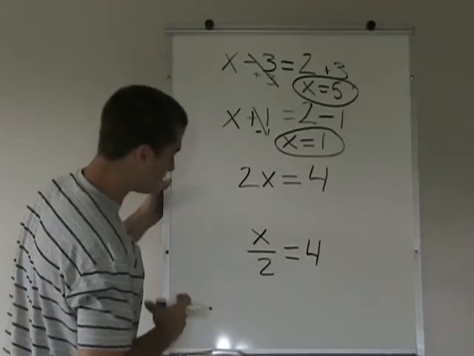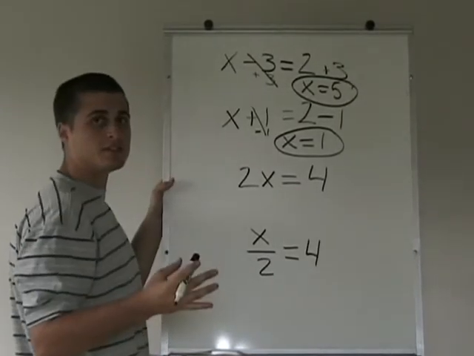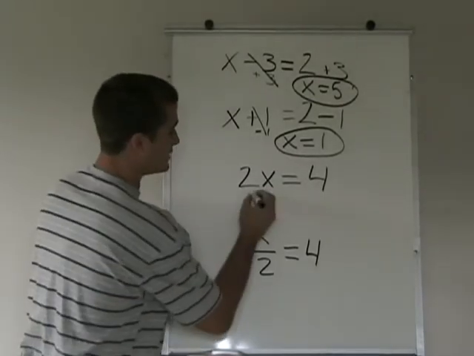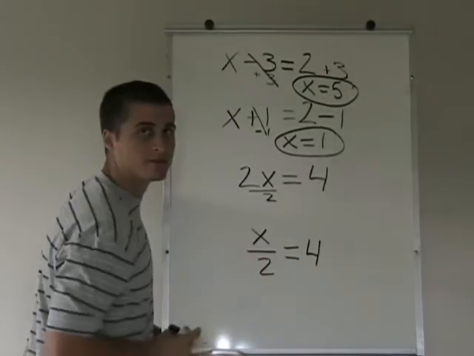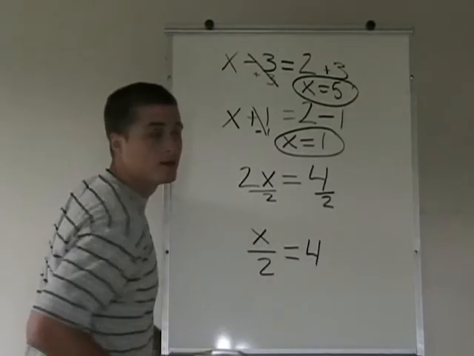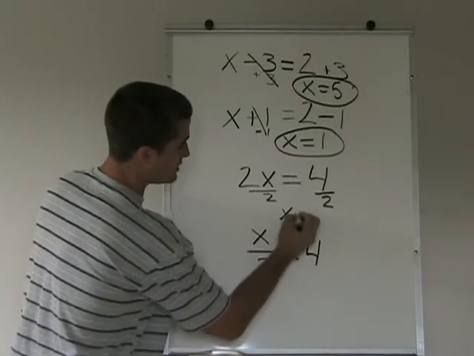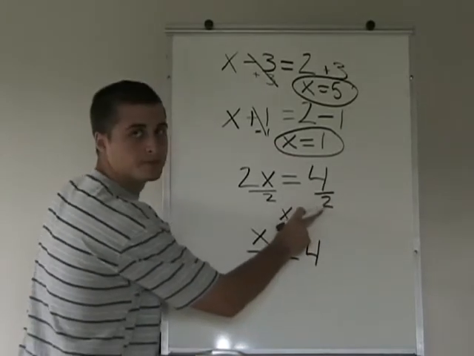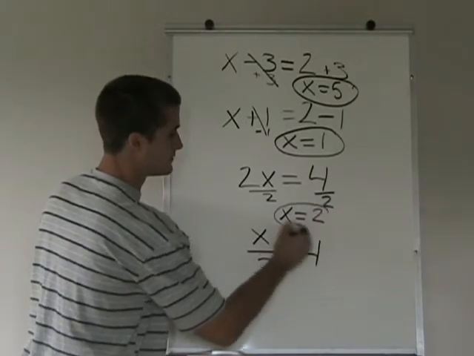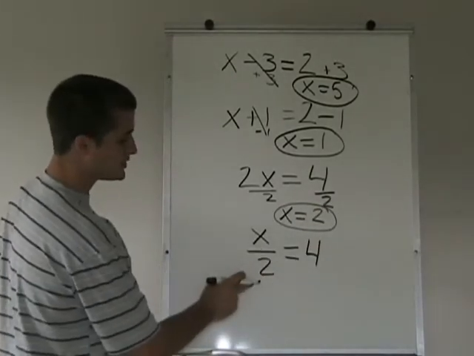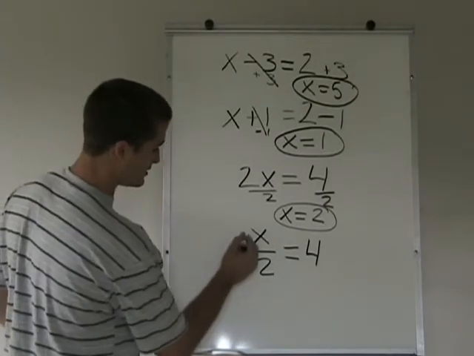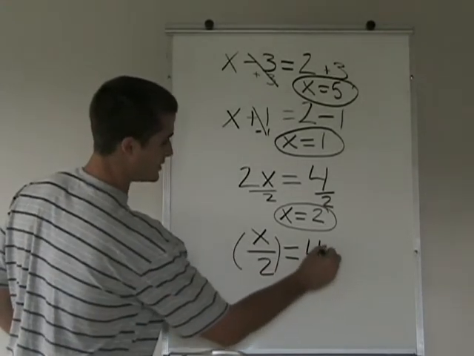Multiplication and division are inverses of each other too. So when you have x multiplied by 2, you're going to divide by 2 to get rid of the 2 and get x by itself on both sides. So you have x equals 4 over 2, or x equals 2. If you have x over 2, you're going to use multiplication, multiply both sides by 2,